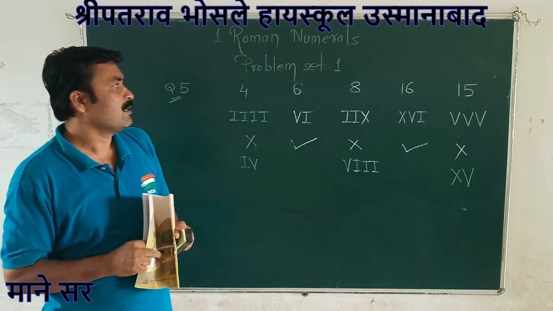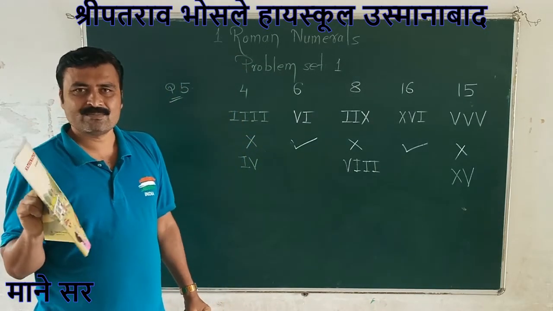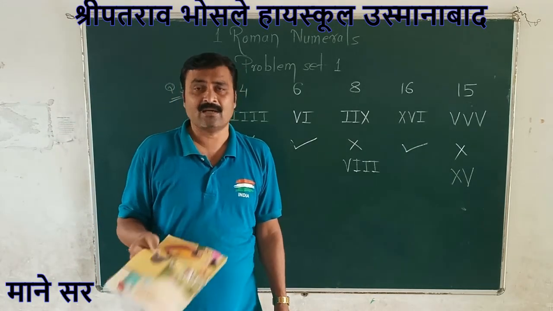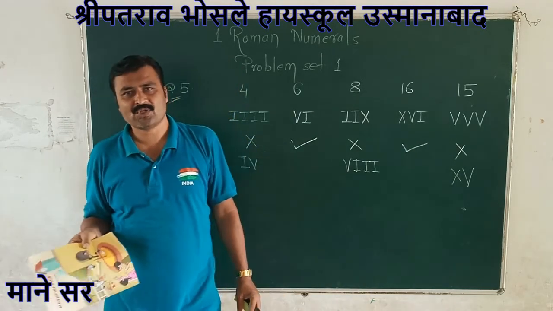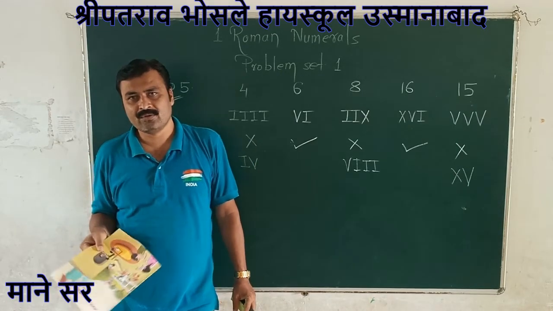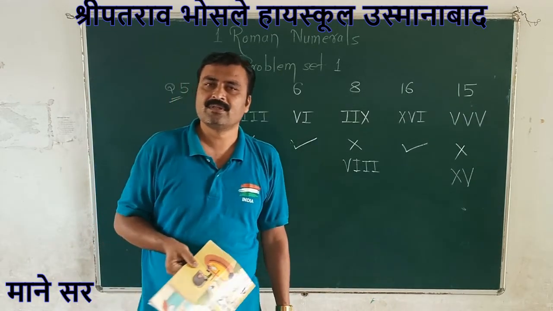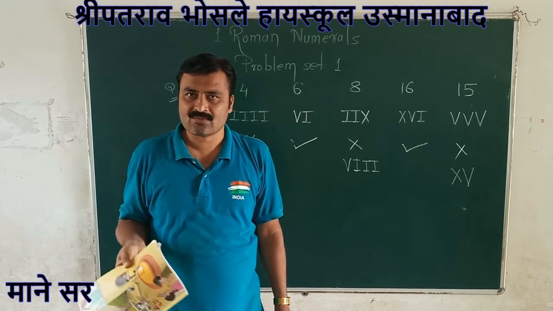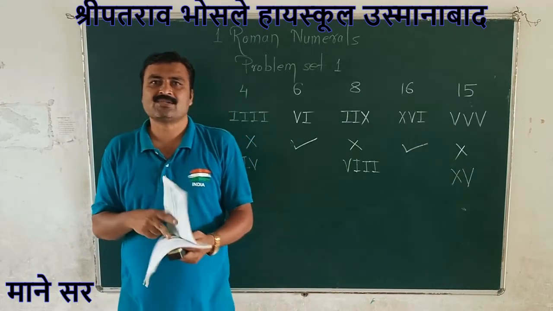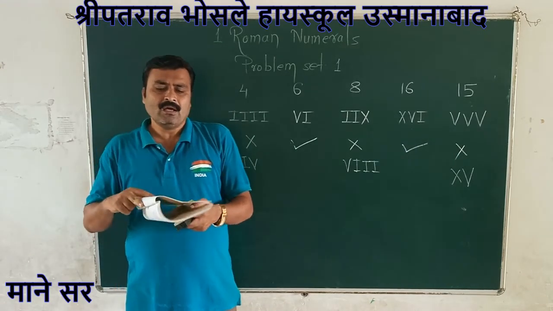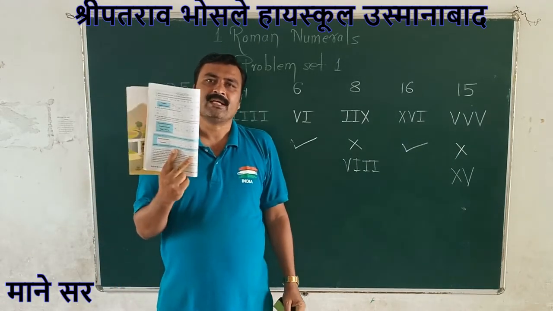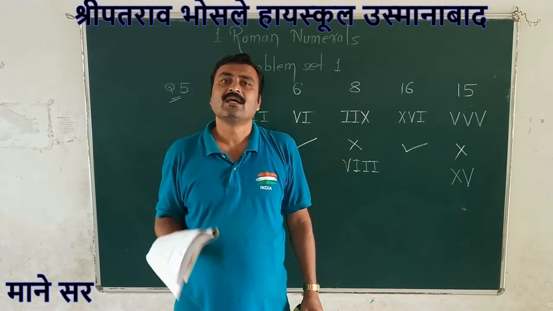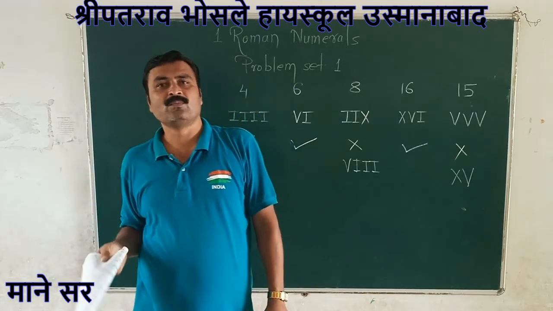Then you have your own textbook, your own classroom notebook, and the notes and information that will be provided on your WhatsApp account. You have to write that information in your classwork notebook, and at last, the problem set number 1 given in our textbook, you have to compulsorily solve in your classwork notebook. Keep in